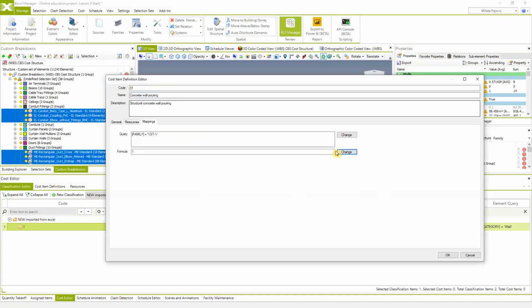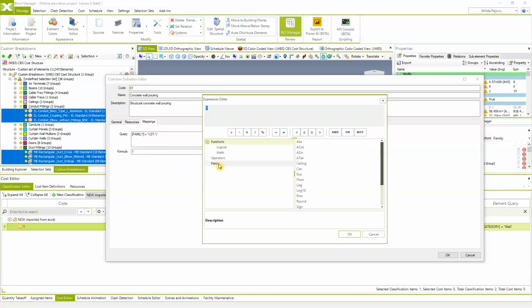So we can go to the formula, go to the button change, and define which property will be used to calculate and multiply unit price with available properties. So within the fields, you'll be able to see all available properties in the project. And I'm going to select volume in this case. Double clicking on the property, you see the expression is populated, and you see that the volume property will be used to calculate the cost of your elements or a cost of your